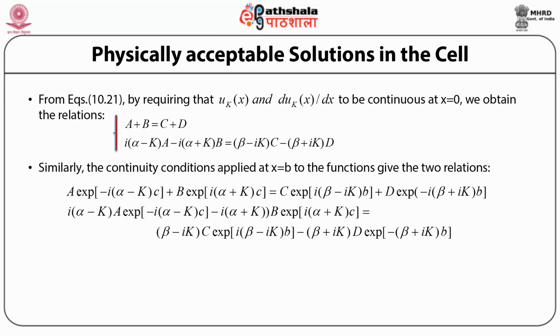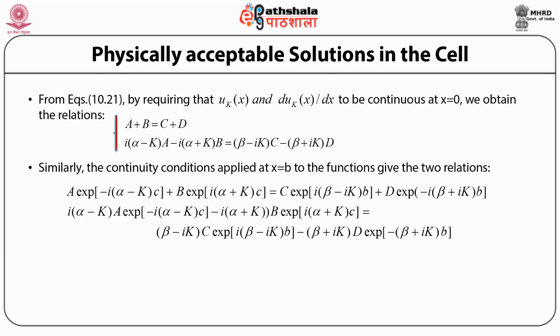The other relation is iota into alpha minus k into a into exponent of minus iota into c into alpha minus k minus iota into b into alpha plus k into exponent of iota into c into alpha plus k is equal to beta minus iota k into c into exponent iota into b into beta minus iota k minus beta plus iota k into d into exponent of minus b into beta plus iota k,